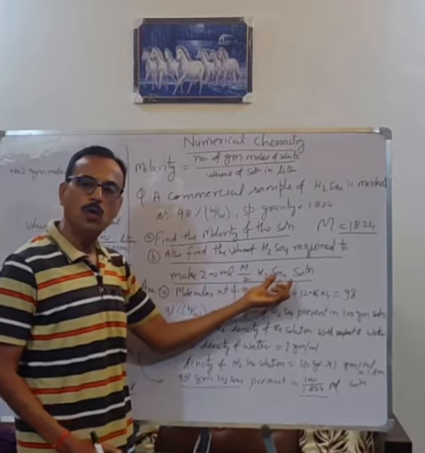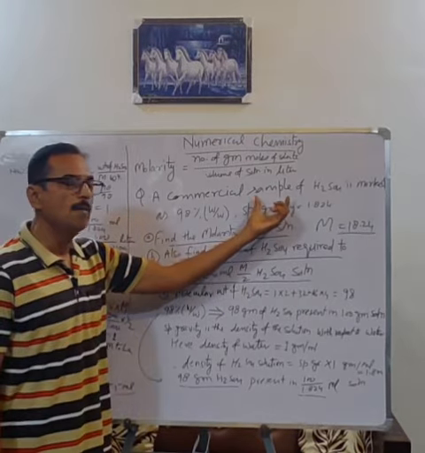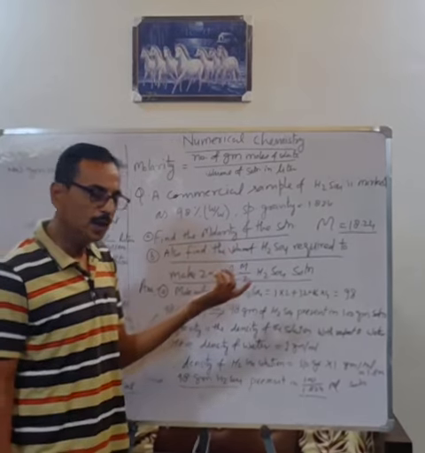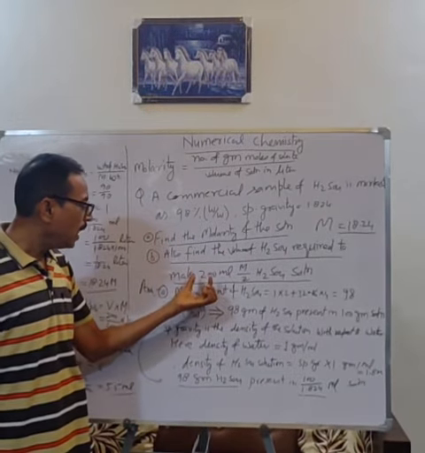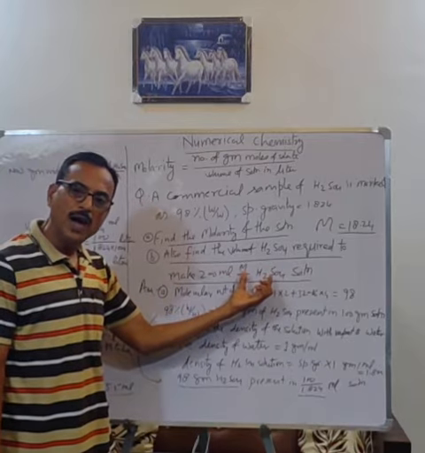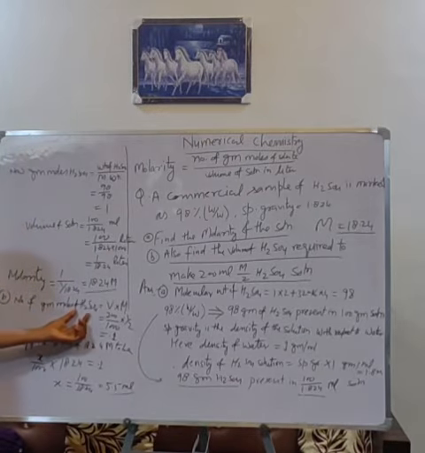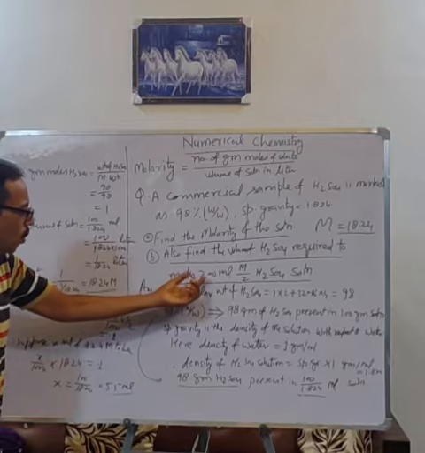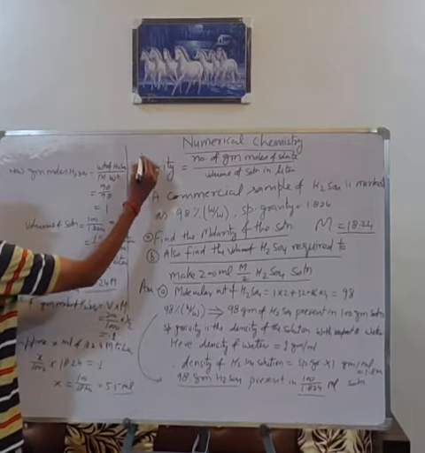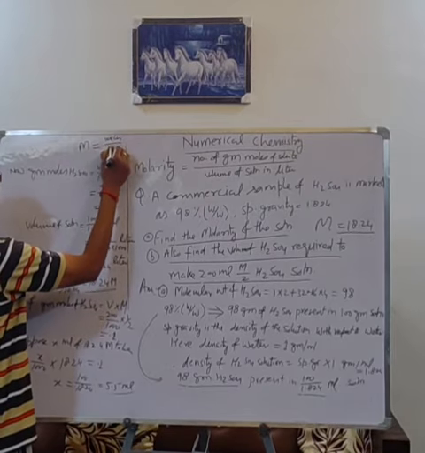If you want to make 200 ml of M by 2 molar solution, then what volume of this commercial solution will it require? So let us see how we will do it. Number first, calculate the gram moles required in this solution. So the number of gram moles of H2SO4 required is volume into molarity. Molarity is defined as M equal to moles divided by volume.